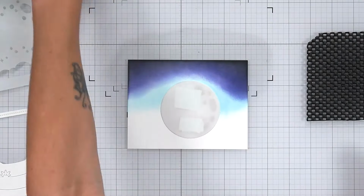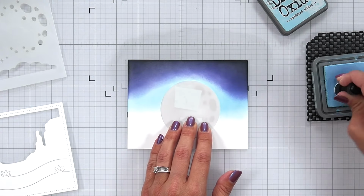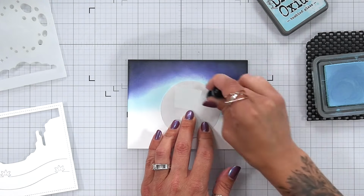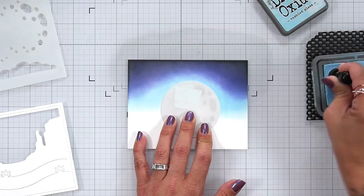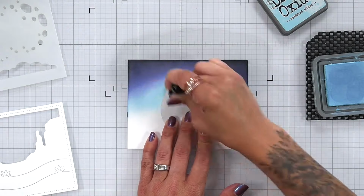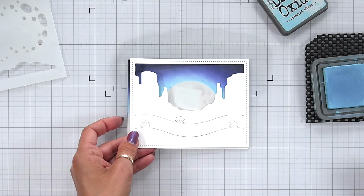That's one of the reasons I use the oxides, because they layer over top of each other so well, especially with the Tumbled Glass, because sometimes that light color can get lost. But because I'm going over it again, it's really layering over that Chipped Sapphire and giving that moon the glow. So I'm going to bring in the backdrop, make sure that I can see all of my colors in there,